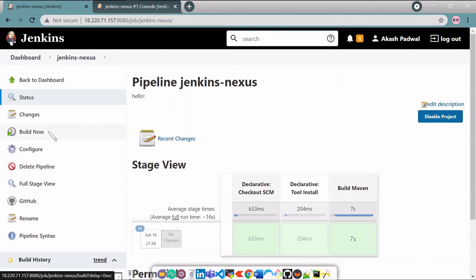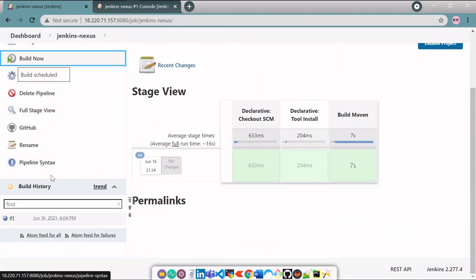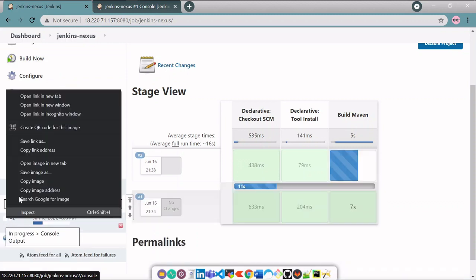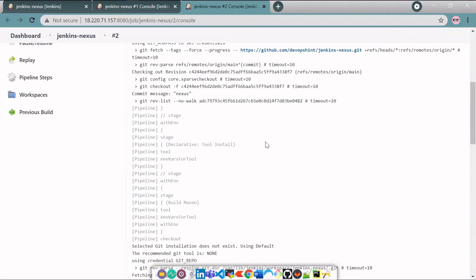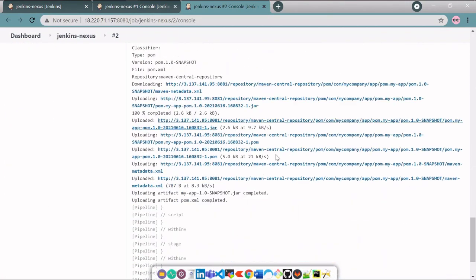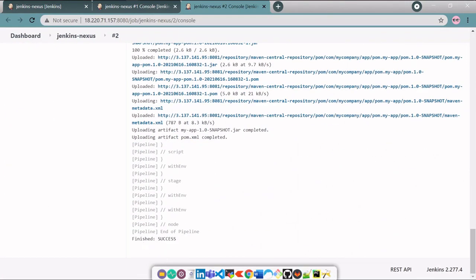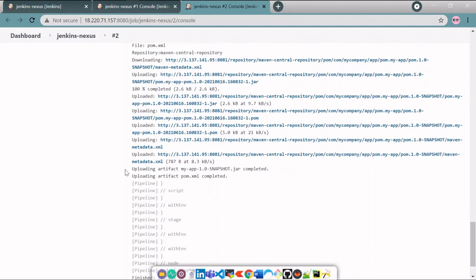Now let's check. Click on build now. So you can see success. Uploading artifact my hyphen app 1.0 snapshot jar completed. Uploading artifact pom.xml completed.